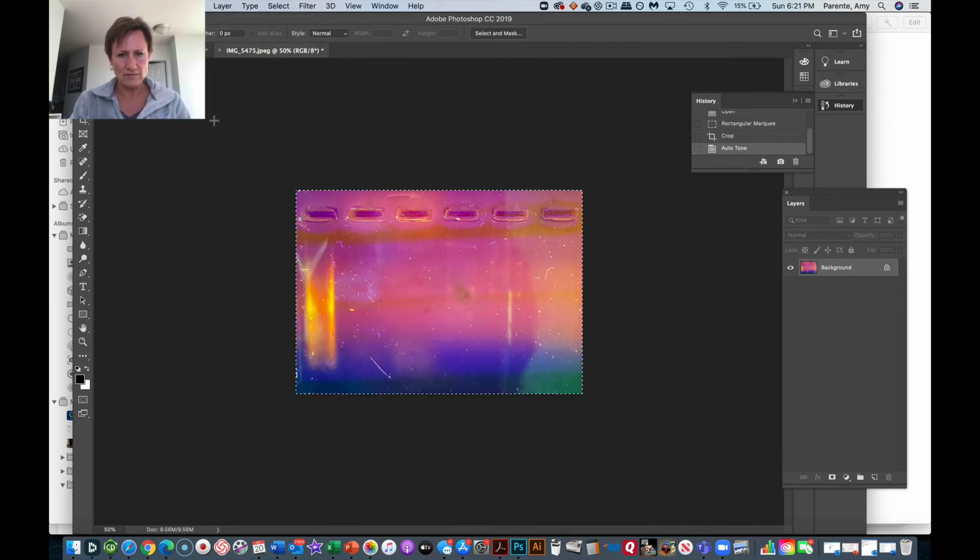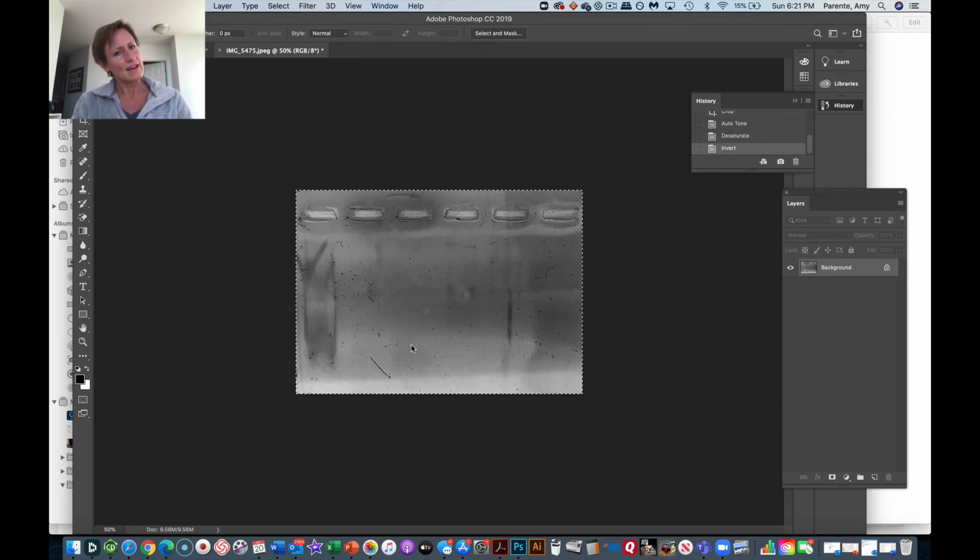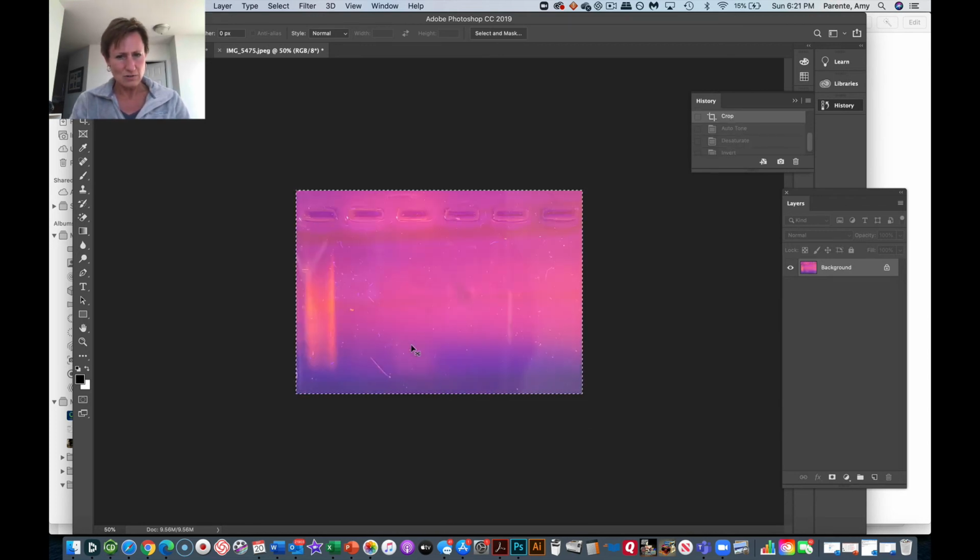I'm going to let it auto level. Oh, that looks a lot better. I can see this here. I'm going to unsaturate, and then I'm going to invert. Now, I don't necessarily like what that did when I did my auto level,